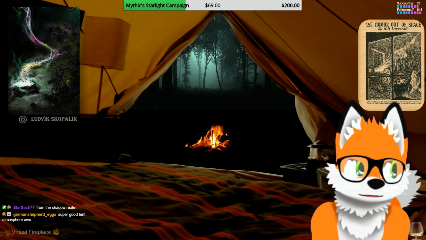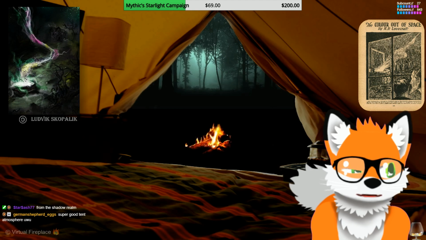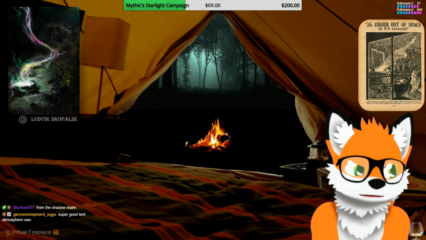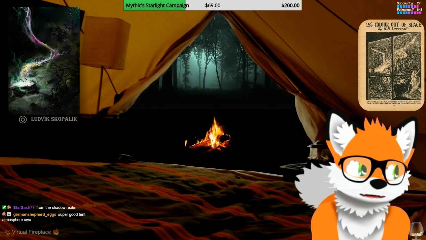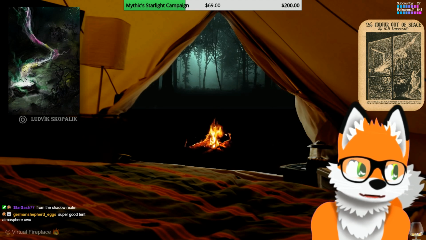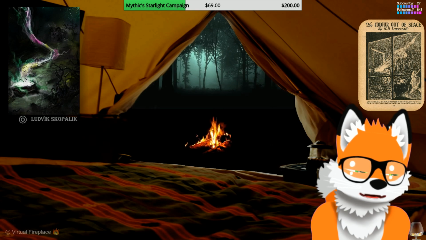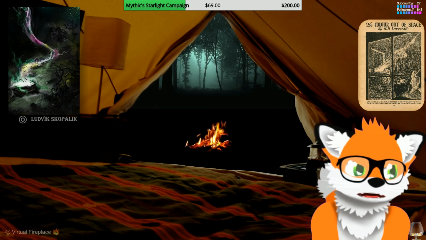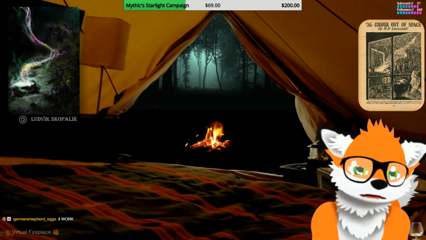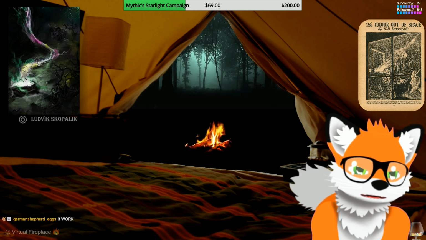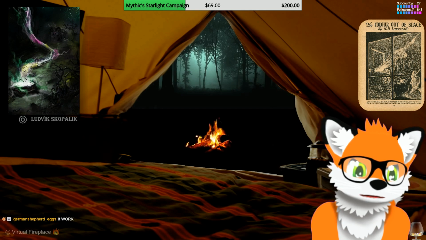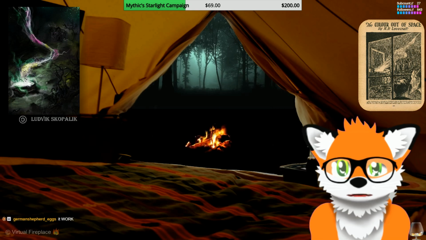Yes, thank you. I was so happy to find this royalty-free tent fireplace thing. It's exactly what I wanted. It's composited a bit poorly, to be honest, but it works well nonetheless. I like the vibe. Then we got some Creative Commons artwork there. It's really good, and then the original page from the magazine this was published in.